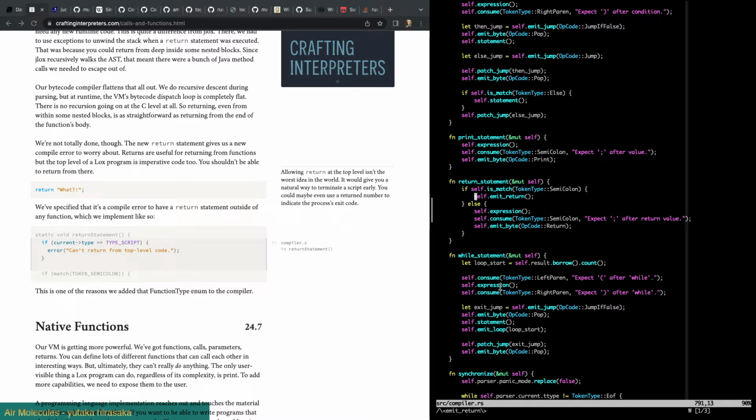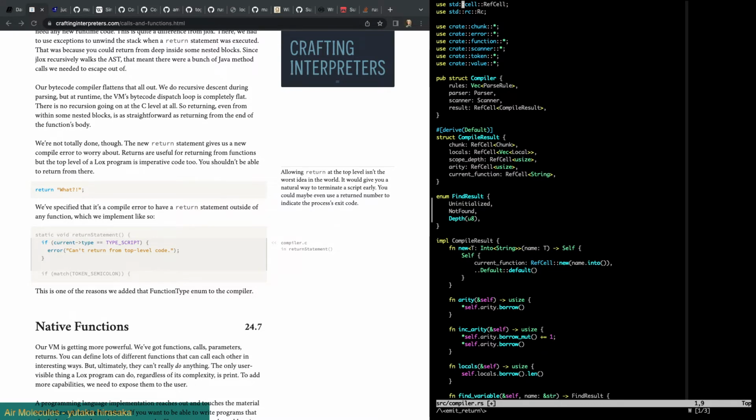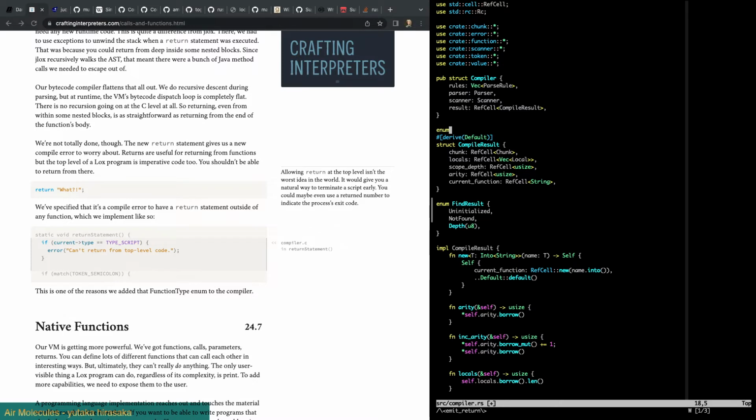So a return statement, before we even match the semicolon, we check to see if we don't have this type, do we? That was something I completely ignored, because it wasn't helping me figure things out. So let's add one. I guess this is saying type, but it's the compile result type, right? Because we're either compiling directly into the script or we're compiling into a function, and I'm sure that's going to update later. So let's do an enum of, let's call it the chunk type.